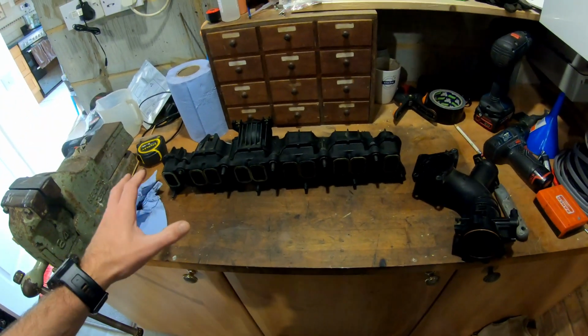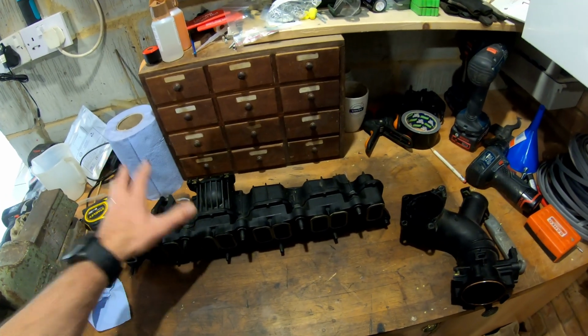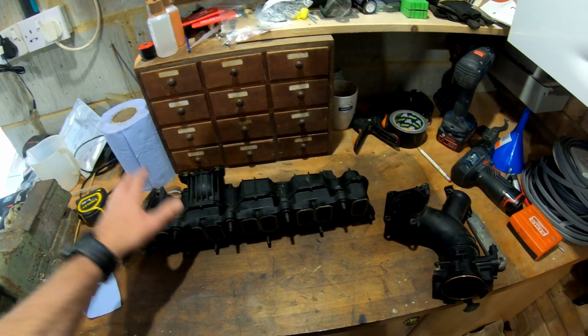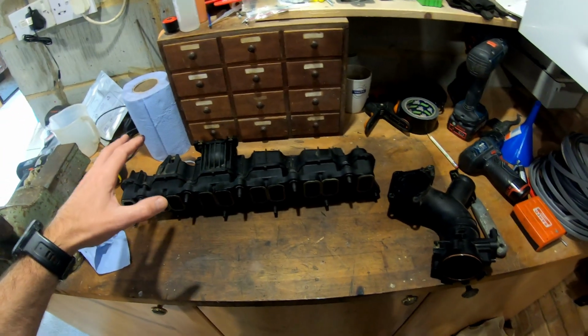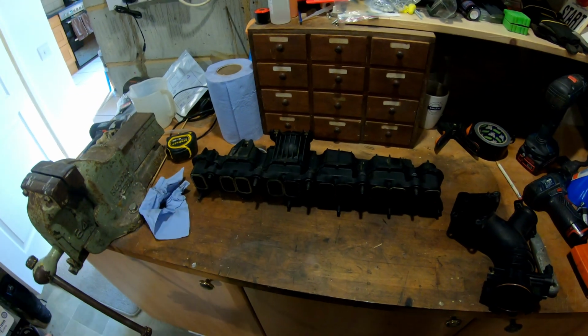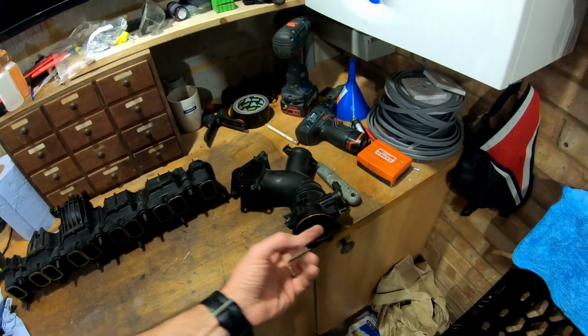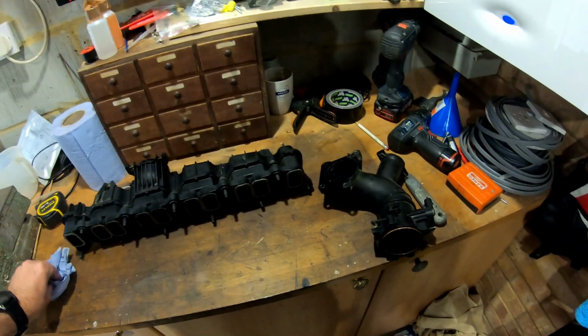So the main reason with this now is, I've got a relatively new and nice clean manifold that's now on the vehicle. The EGR valve is permanently closed. So the oil catch can is now to try and help reduce a bit further the amount of oil vapor that will come in via